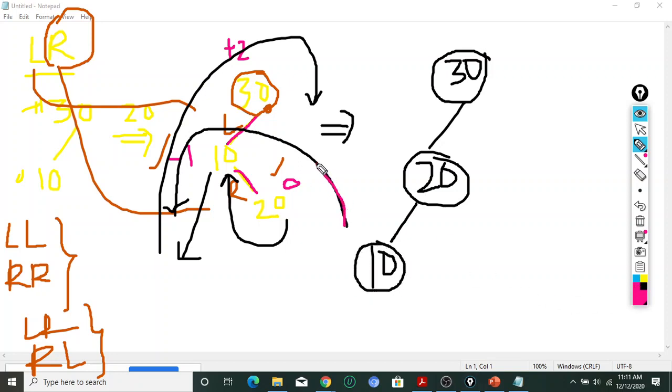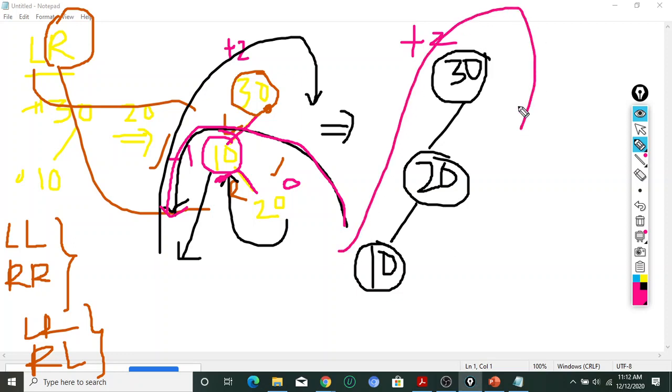For this rotation, only this left anti-clockwise rotation we perform. Now again check, this is also imbalanced because this is plus 2. I am just performing rotation in this way on this node 10, so 10 will go down and 20 will be up. In the first step, then we can perform the right rotation.